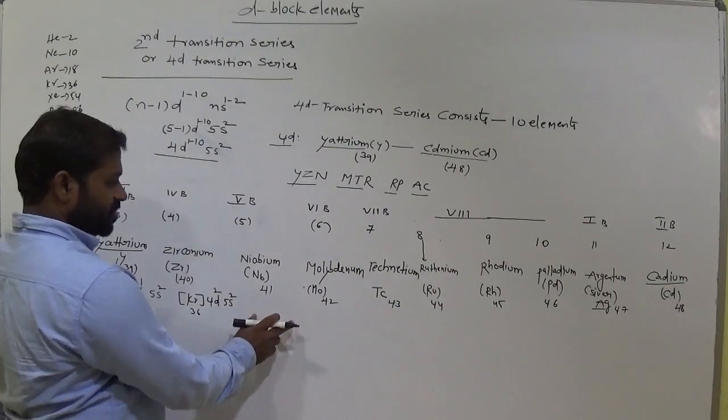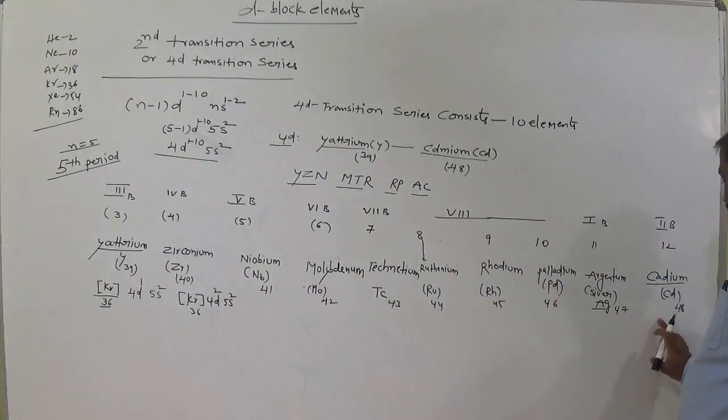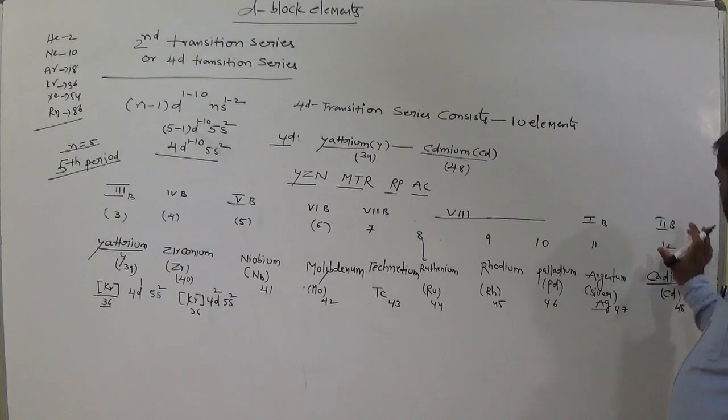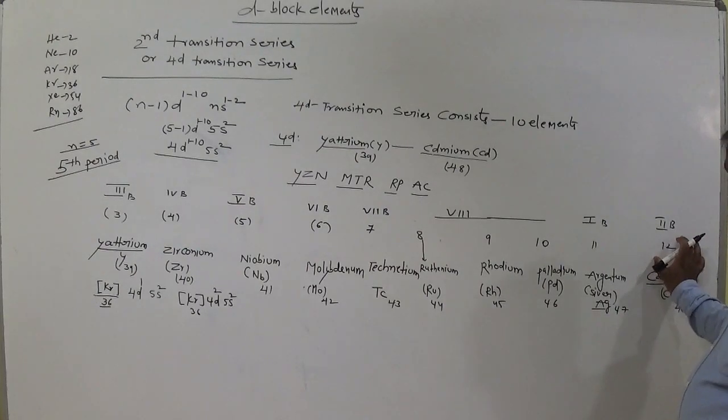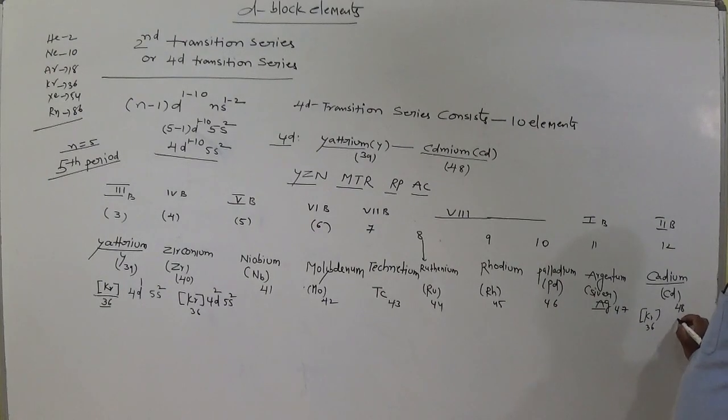So next, up to here we have the different electronic configuration. Come first to cadmium, we need to discuss this one. In cadmium how many electrons do we have? 48. This is the 12th group, second B. So let's write the electronic configuration: krypton 36, 5s2 and 4d10, am I right? How many electrons here? 36 plus 2, 38, plus 10, 48. Clear. So the d orbital is completely fulfilled here, and s is also completely filled.